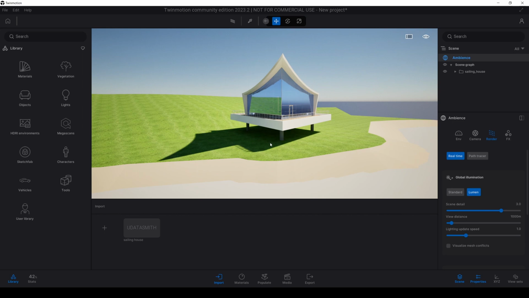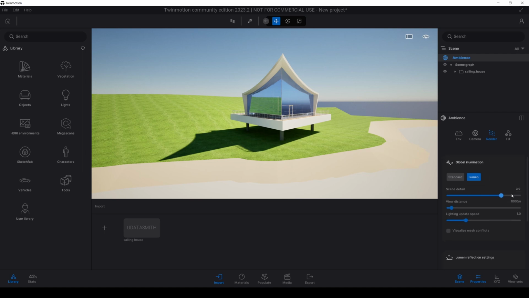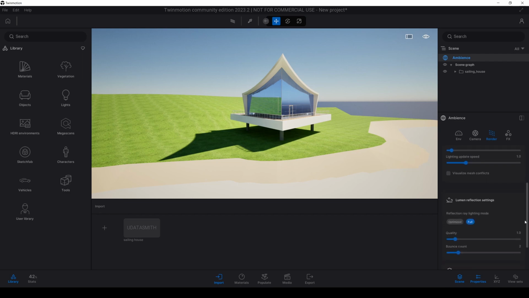Now I'm just going to click the details as is. Actually they are very simple. If you change this value to higher, it will be more quality, and of course opposite, one value is the cheapest quality. And also you can change the reflection settings here. As for the quality is 1.